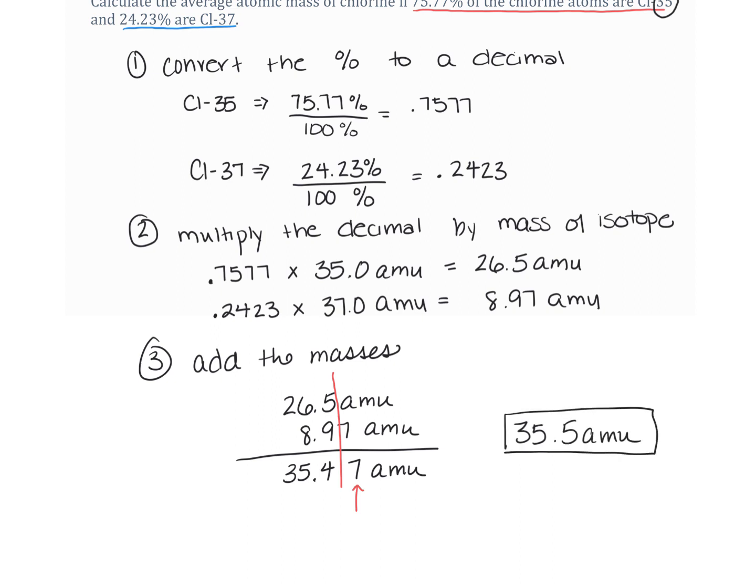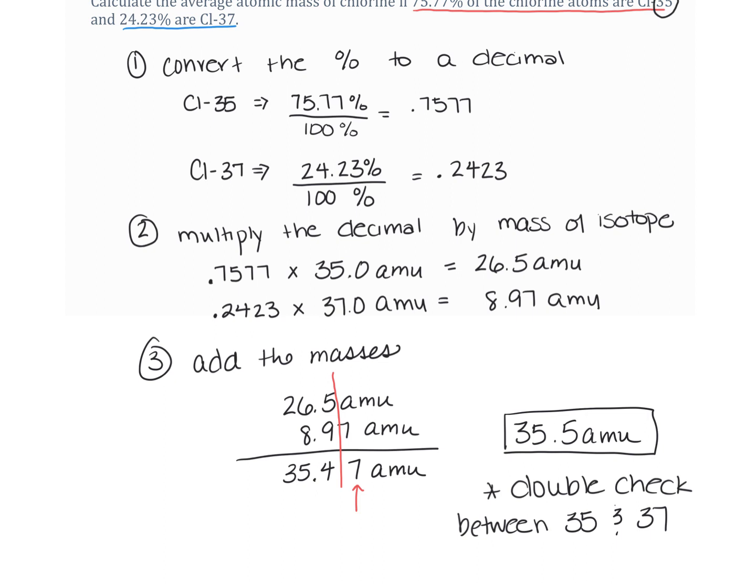Now, I love these problems because there is a really great double check. You need to double check that this mass that you get is between the masses that are in the problem. So this needs to be between 35 and 37, okay? This problem is saying